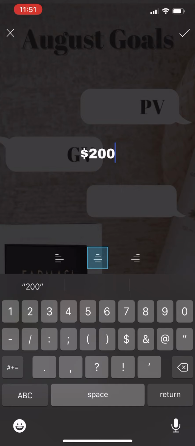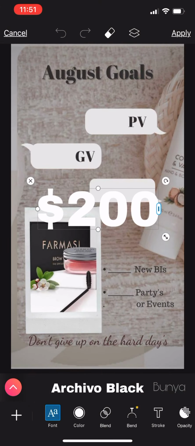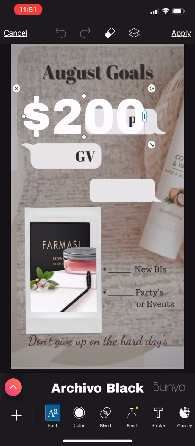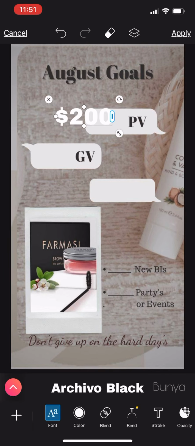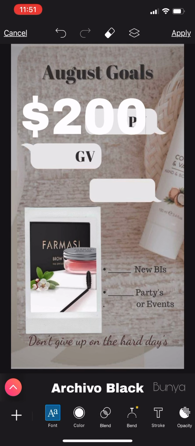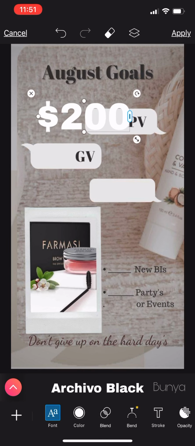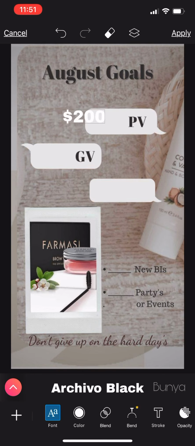And we are going to click this check mark on the top right hand side. I'm going to click that, and it's going to come up with this beautiful text. Now obviously that's too big, so you see how there's this corner right here. There's the four corners. You have an X where you can literally delete. You have that swirly one, which is basically undo, and this corner right here is basically resizing, where it has the arrows going both ways. So what we're going to do is resize that to fit.